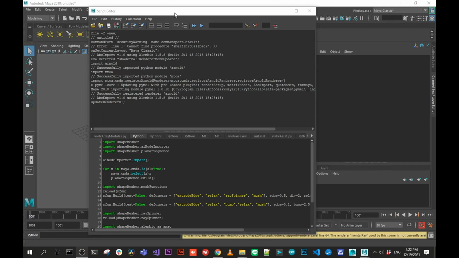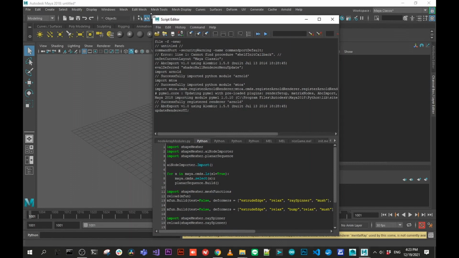So this is going to be a demonstration of how the shape meshing pipeline works. Now there's no one way of doing it because it all depends on what the design is like. So there are a number of different modules and a number of different ways to use it. It's pretty open-ended. So a couple of things that we're going to need first of all is the AI node